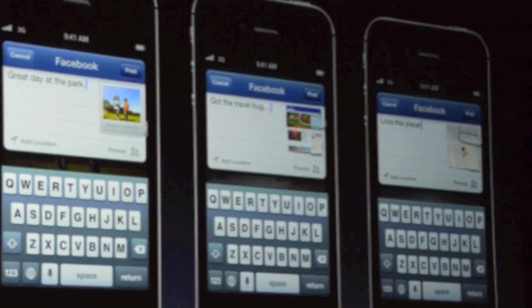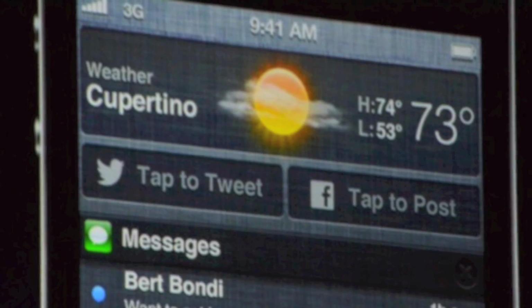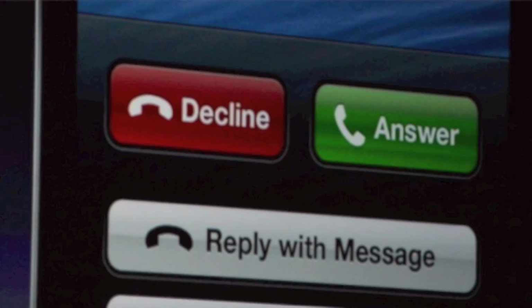You could send a tweet or update your status right from there. I'm not calling them widgets. I know that might make a few people upset, but you do have gadgets up there now, if you want to call them that. Some other new features: when someone calls you, you can reply with a message, or you